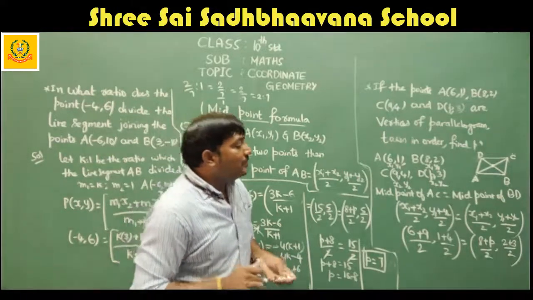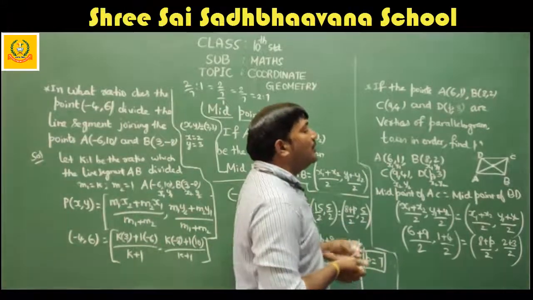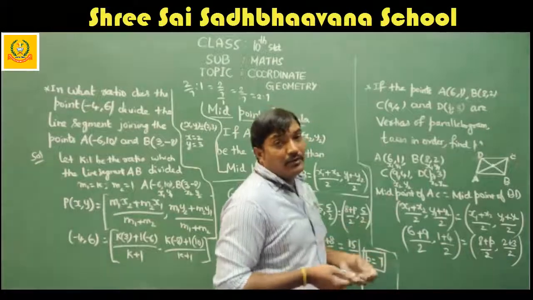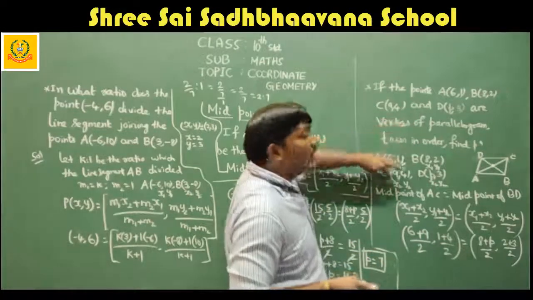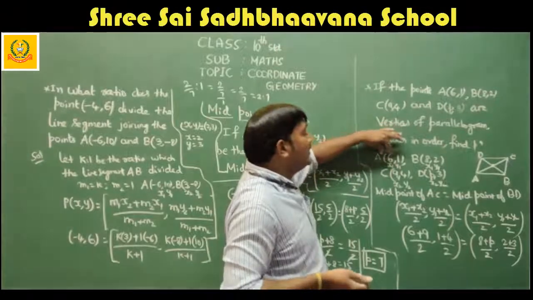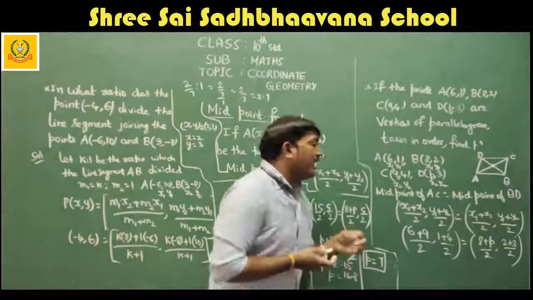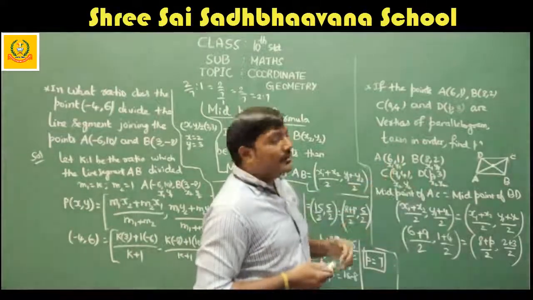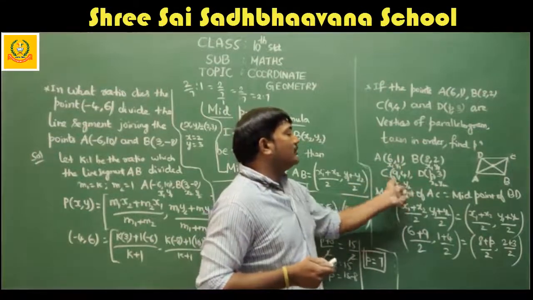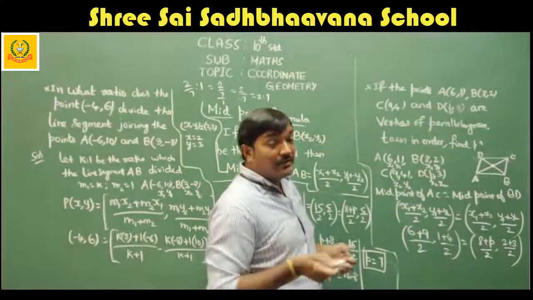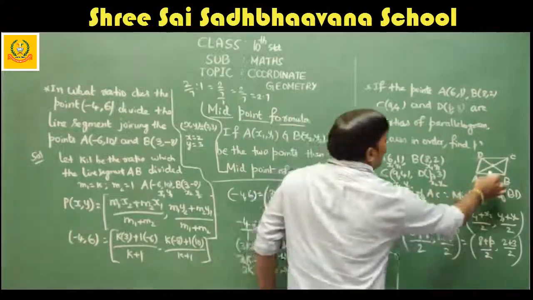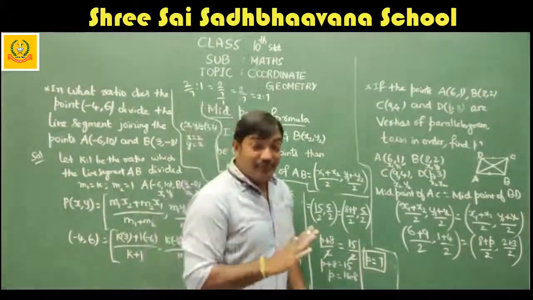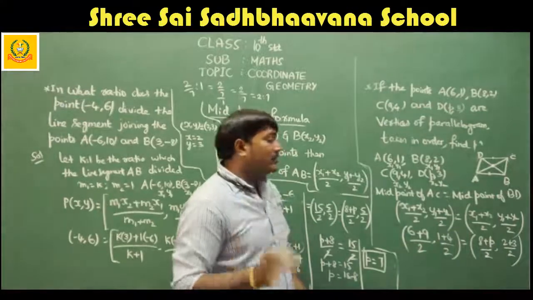Okay. So midpoint of AC, and we know the formula for midpoint, which is x1 plus x2 by 2, comma, y1 plus y2 by 2. So I am finding the midpoint of AC. When I am finding midpoint of AC, I will take the coordinates with A as x1, y1. First one I will take as x1, second one I will take as y1. Similarly, x2, y2 for C. Remember, again I am telling you, don't take midpoints of AB and midpoint of CD and equate. That is completely wrong. We should equate the midpoints of diagonals, not sides.